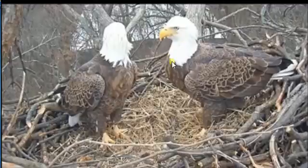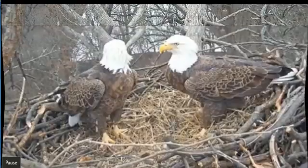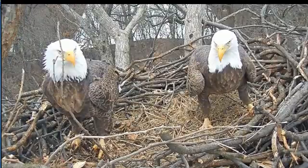Here you can see the V on Liberty and the circle of non-V, non-chest feathers going up towards the beak on Justice. All right, so here we go. I just went through the whole head feather thing, so I would immediately go, oh, well, Justice is on the right and Liberty is on the left. Well, no. This is a case where